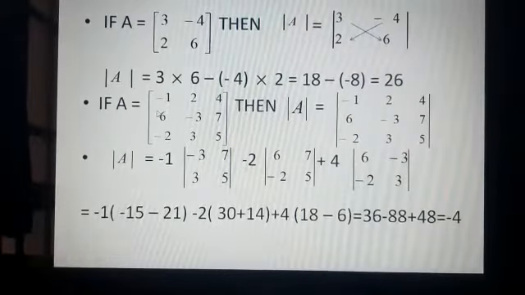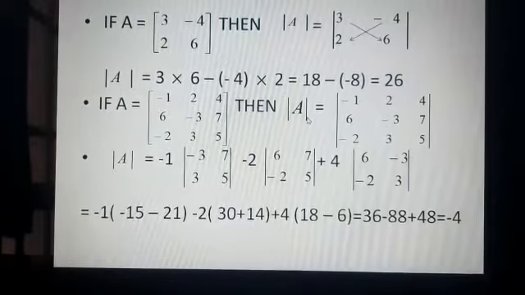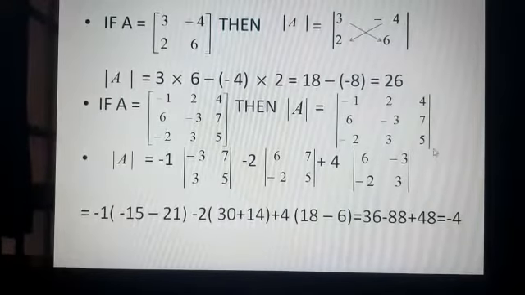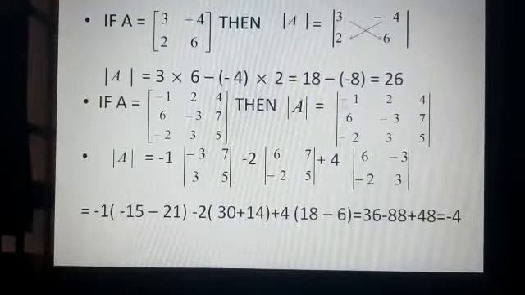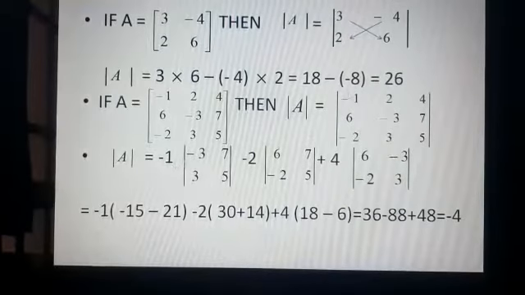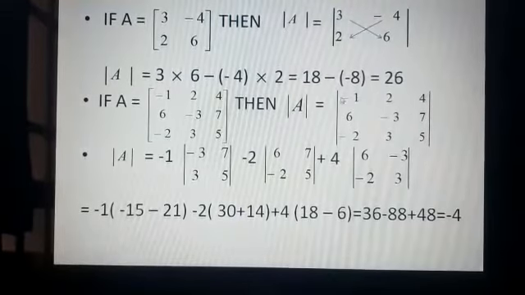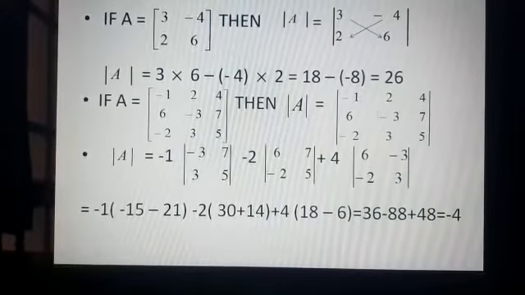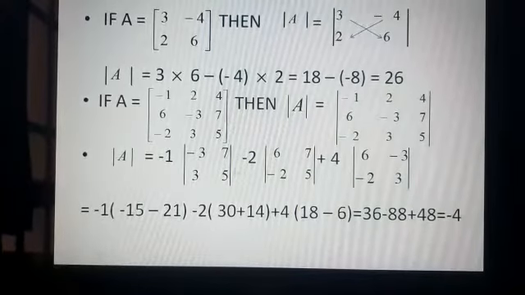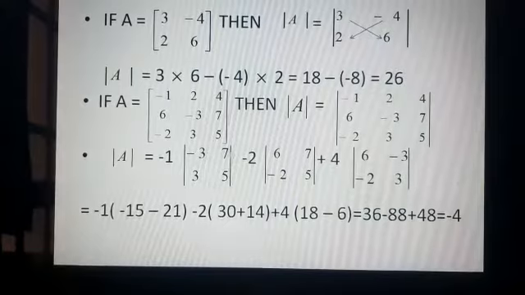If you are solving a determinant of 3 into 3, again I have written it inside the vertical lines. I am solving it along the first row as told earlier. I am taking the first row, the first element is minus 1. I am multiplying this minus 1 by the determinant which is formed by eliminating the row and column of minus 1. Minus 1 is in the first row and the first column, so I remove these two. So what is left is this determinant. So we have to solve this, minus 3, 3, 7, 5.